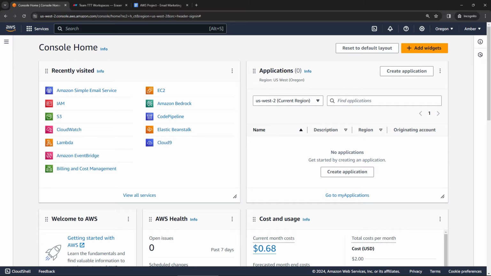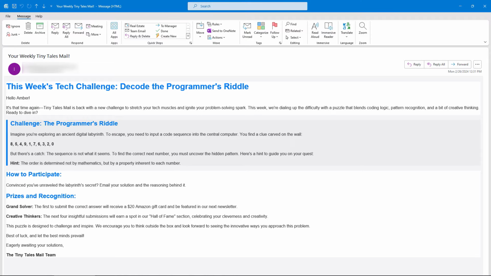Hey everyone, I've got another AWS project for you. With this one, we're going to build our very own email marketing campaign, a system that you could send emails from. Something like this, a weekly newsletter with fun challenges, or any type of email you want to send on a regular schedule. Now, obviously, there are lots of actual email marketing systems out there that you would probably use,